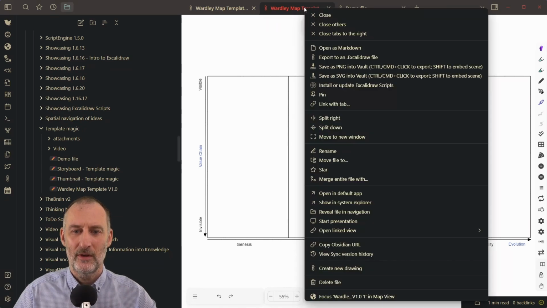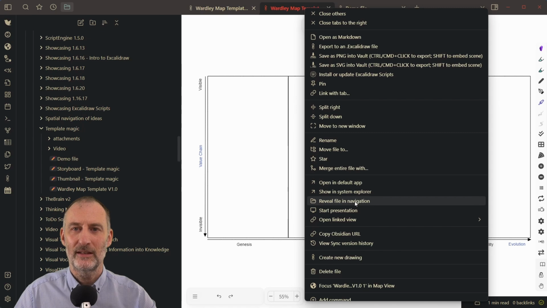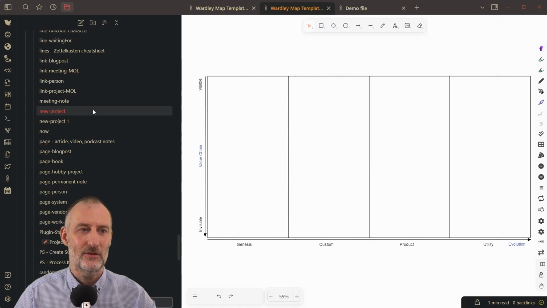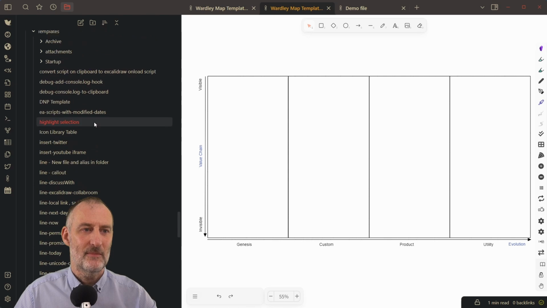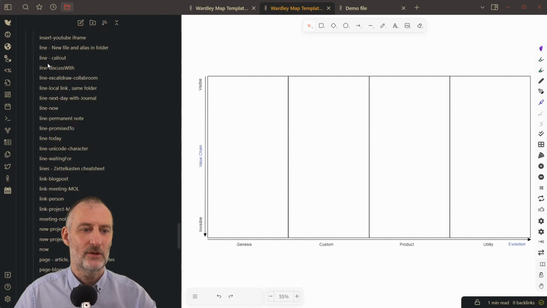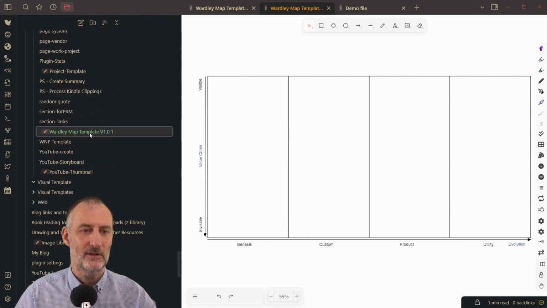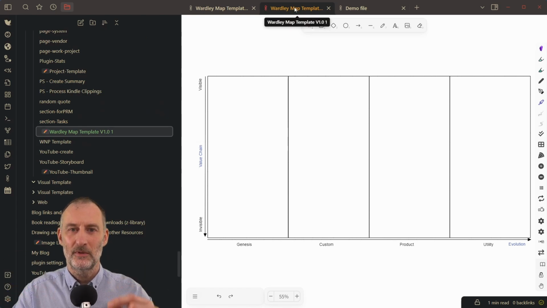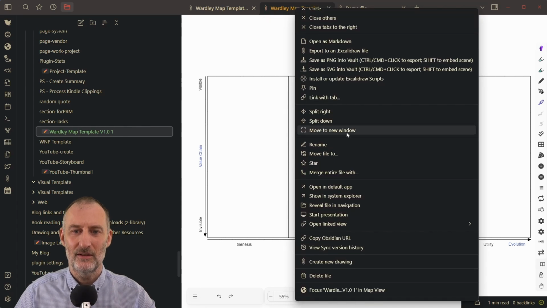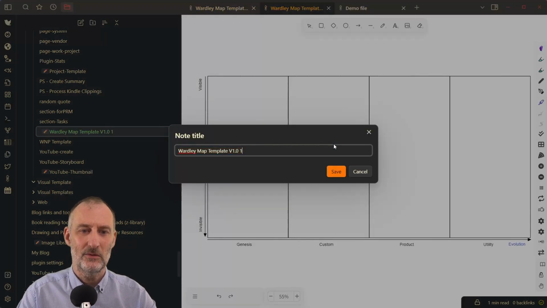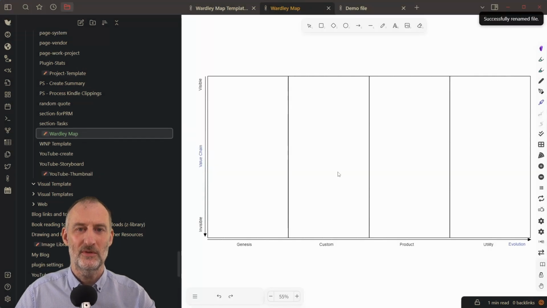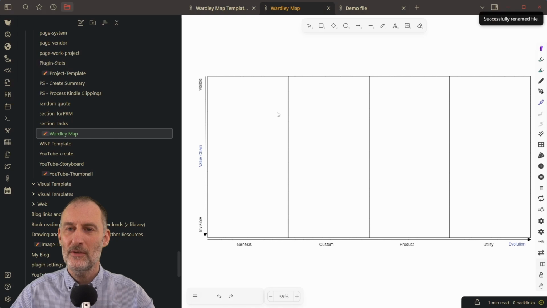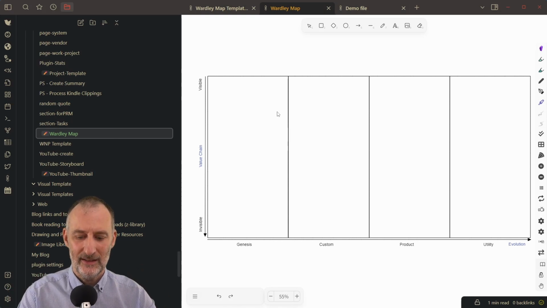I'm going to again click here to reveal this file in file navigation, and you can see here now I'm in my templates folder and this is my Wordly map template. And now I'm going to rename this to Wordly map, like this, and I'm going to save this. And now if I want to create a new Wordly map, what I can do is I can open the